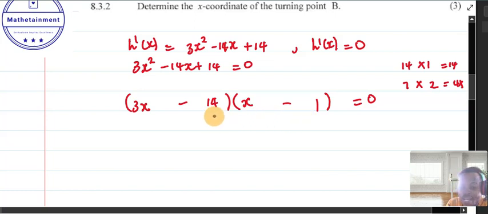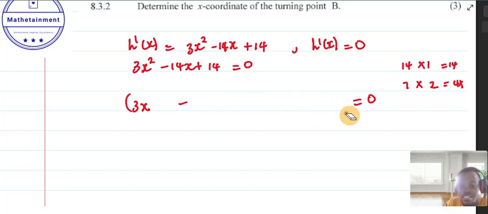When you say minus 14 times this one, you get minus 14. But when you multiply minus 14 times minus 1, you get 14. But when you say minus 3x minus 14x, you get minus 17x, which is not equivalent to this one. That means we don't know the factors of this one, because the factors that we know